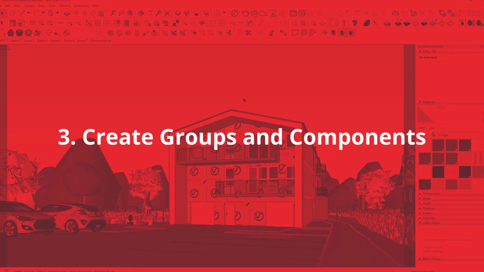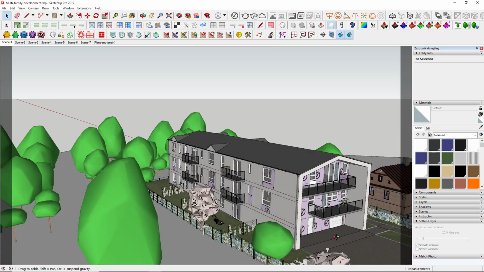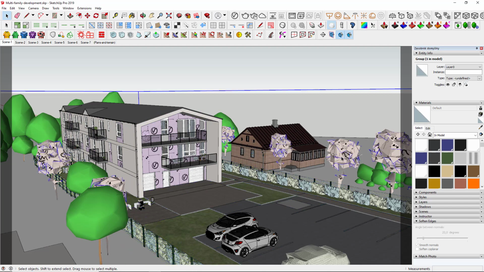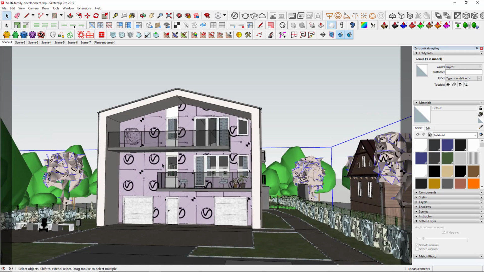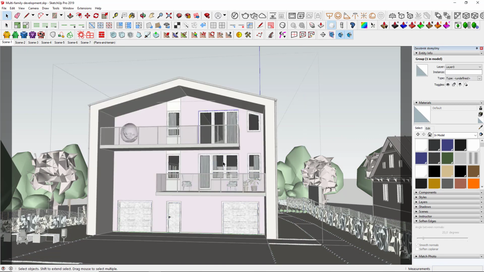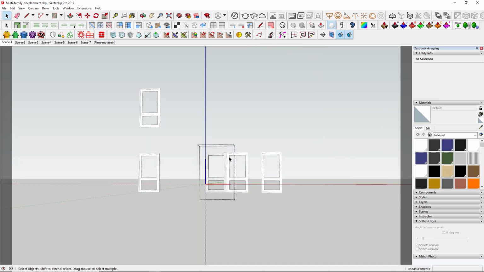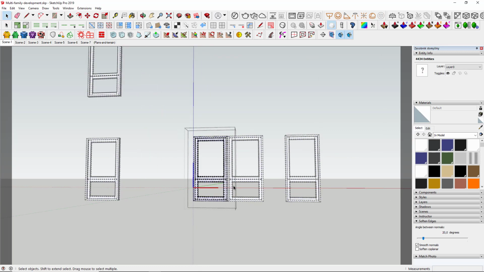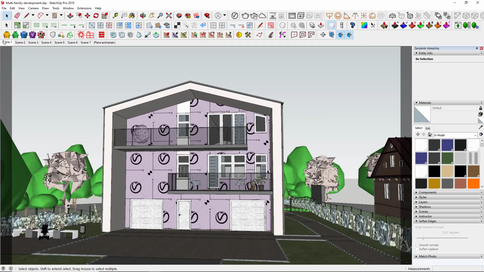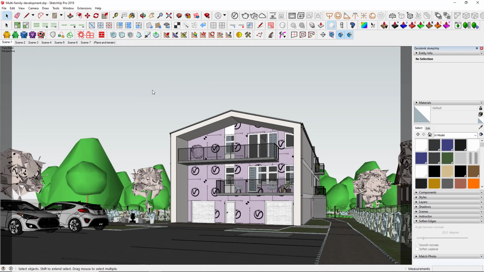Create groups and components. It's important to work with hierarchical groups. Free geometry comes to you naturally, but it is more troublesome for SketchUp than a model cleverly divided into groups. Also, if there are any copies of the same geometry in your scene, it should be a component. This way, it will be much easier for the software to interpret. Not to mention that it will also be easier to modify later.